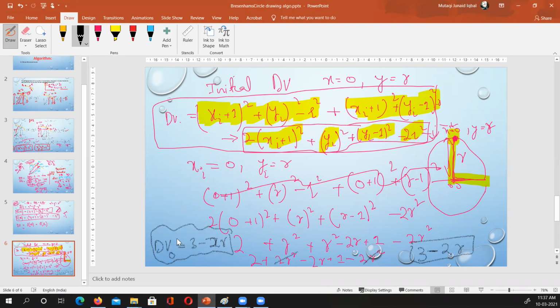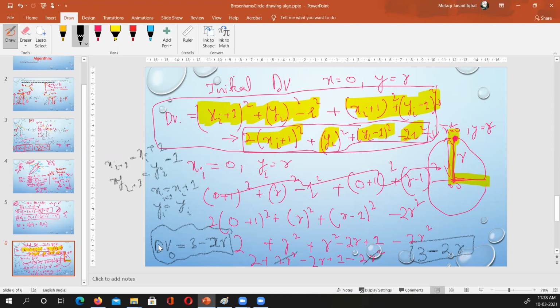So depending on whether it is negative or positive: if it is negative, I will take P1. In that case, x will become x plus 1 and y will stay as y. If I say x of I, then it's x of I plus 1, and y of I will stay as y of I. But if dv of 0 is positive, x of I plus 1 will be x of I plus 1, whatever the x of I is plus 1, and the next y, y of I plus 1, will become whatever y of I was minus 1. Does it make sense?